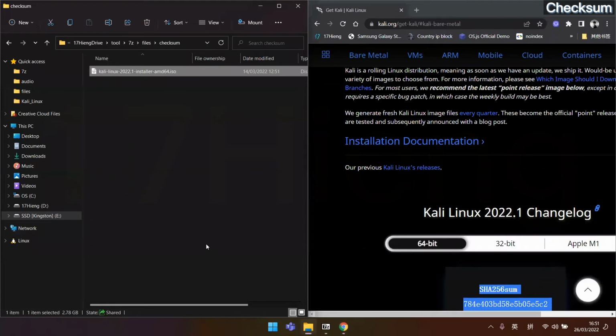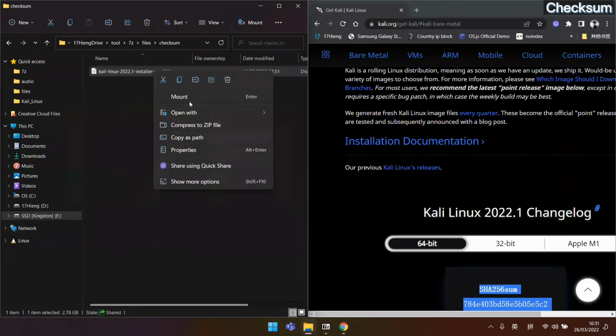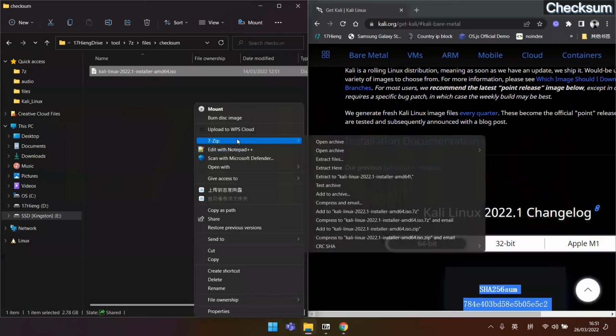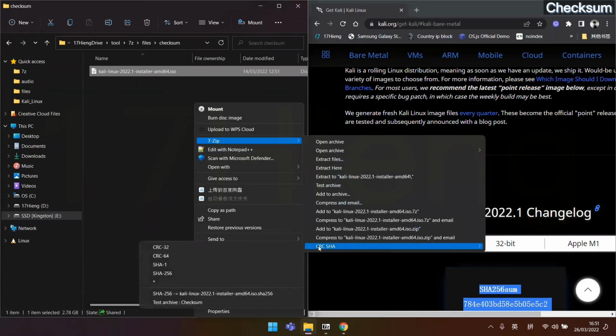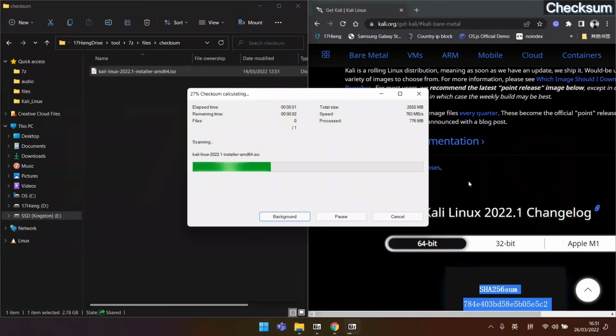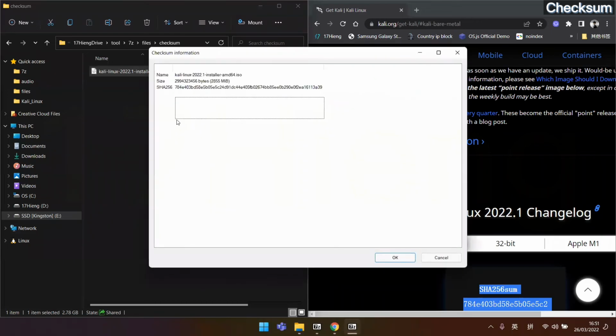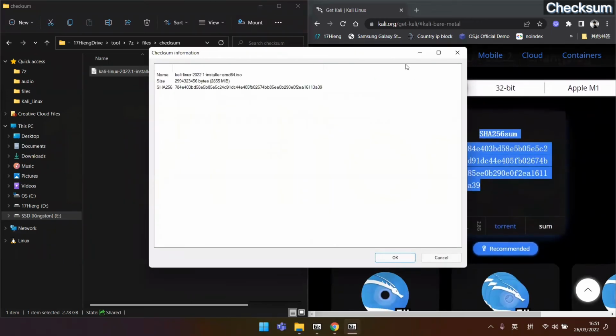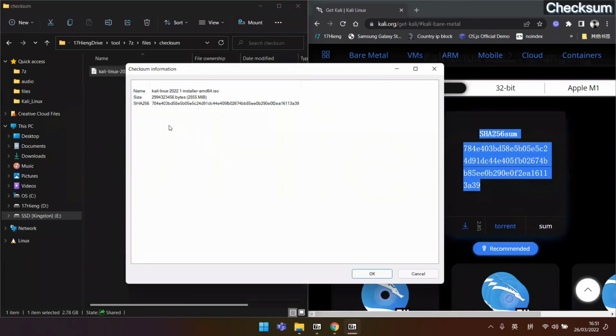Now let's continue. We right-click the system image. Then we select CRC SHA, SHA256. We try to compare both of them.